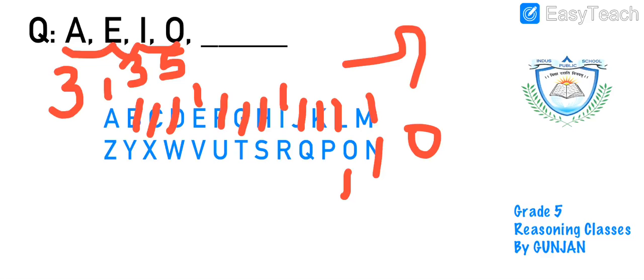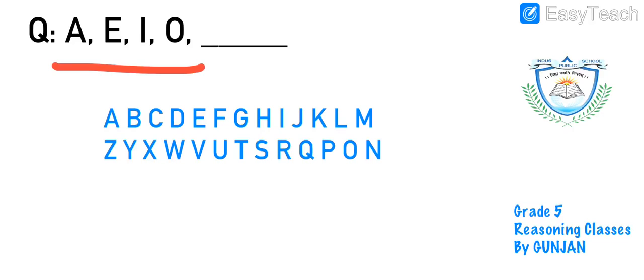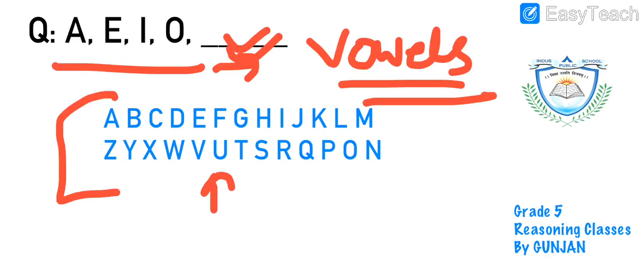Here friends, let me clear the screen. As you have seen the series, can you quickly remember something from your English subject? A, E, I, O, U. Yes, these all are what? Vowels. That is why they are not following any common pattern. Since they all are vowels, we have to write the next vowel which is U. And as you know, there are only 5 vowels and we have 21 consonants, right? So do grab this concept here.